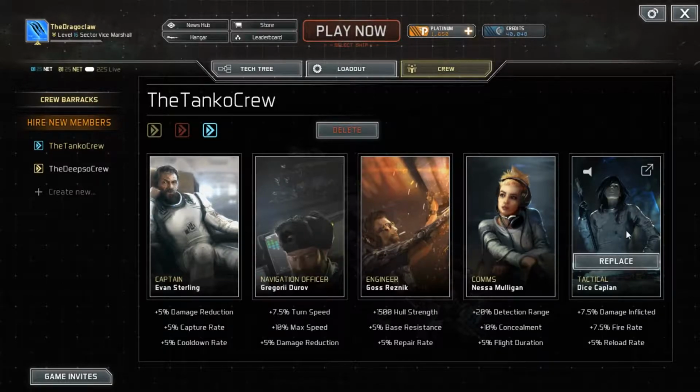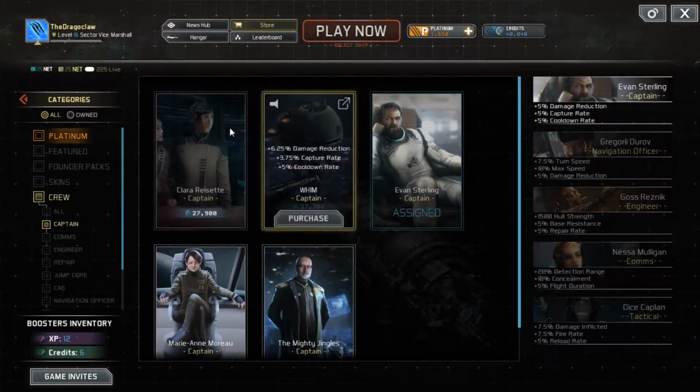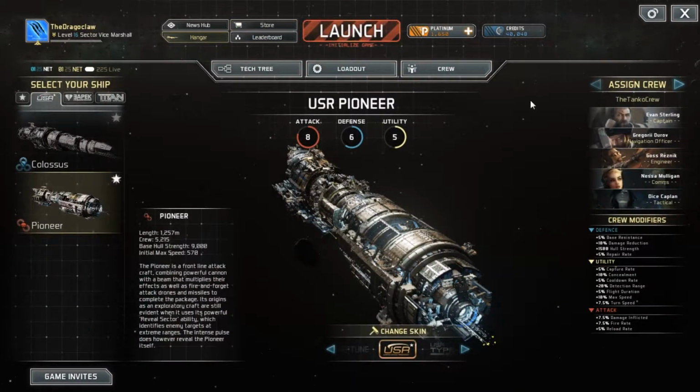These loadouts, you can have different officers. Like I can click here and I can replace Sterling with any of these captains, or I could replace them with a couple of captains I can buy. Or I could just... Really, can I not click there? Huh, I thought I could click on these. Never mind. But yeah, if we go back to the hangar, crew...